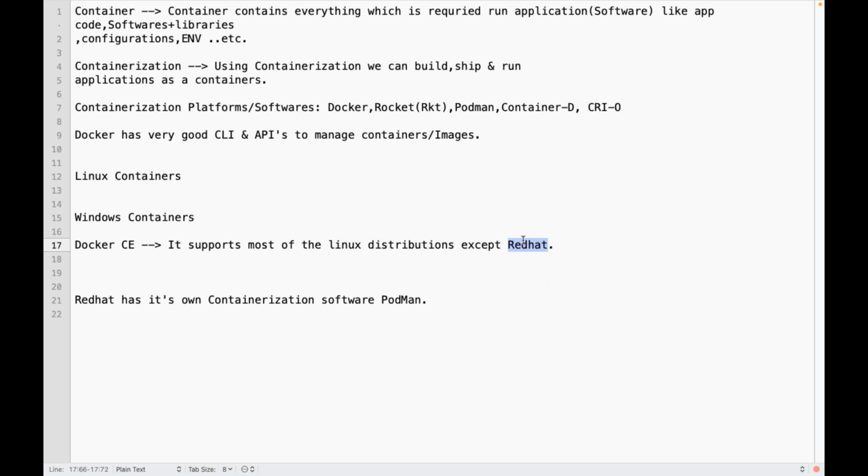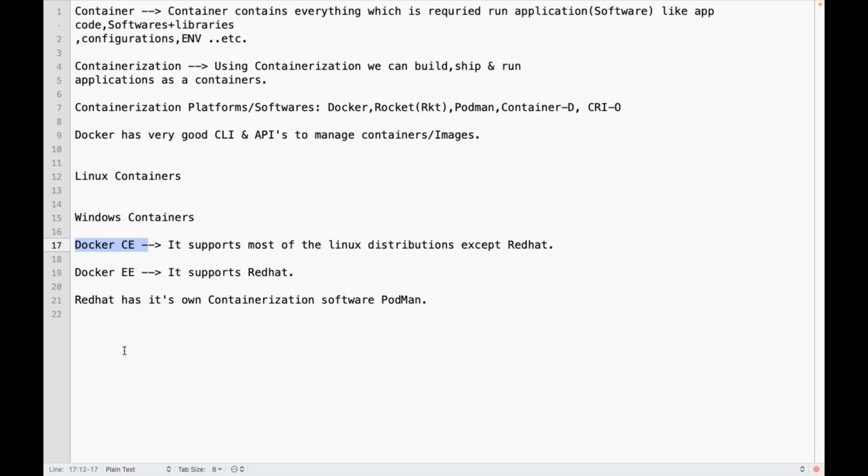But if I am using Enterprise Edition, can it be installed in Red Hat also? Enterprise Edition supports it, because you are paying the money. So it supports Red Hat also. In Community Edition, as I told, nothing will stop you from installing Docker in Red Hat, but will it be officially supported by either Red Hat or Docker? No. So that's why we are not going to use Red Hat.